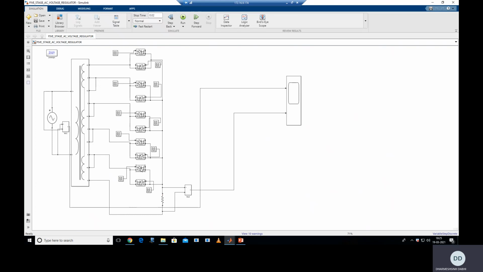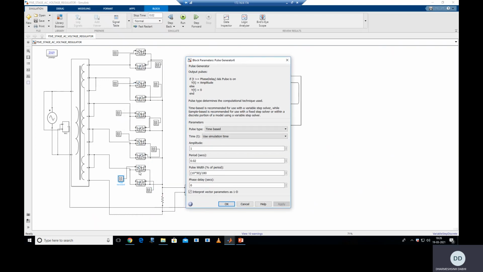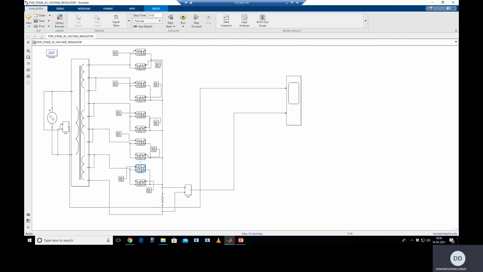So here I want to increase the voltage in a proper sequence with a smooth variation at the load side. First I will turn on the first stage with alpha 0. You can see in the pulse generator of stage 1, positive group thyristor. Positive group thyristor means the thyristor which is turned on during the positive cycle. Same way, stage 2, stage 3, stage 4 and stage 5 are positive group thyristors. Same way, this one is a negative group thyristor because it will turn on during the negative half cycle, for stage 1 and also stage 2, 3, 4 and 5.